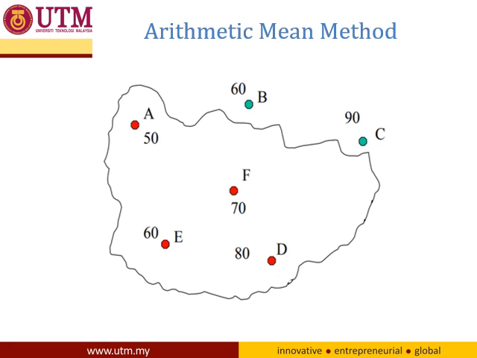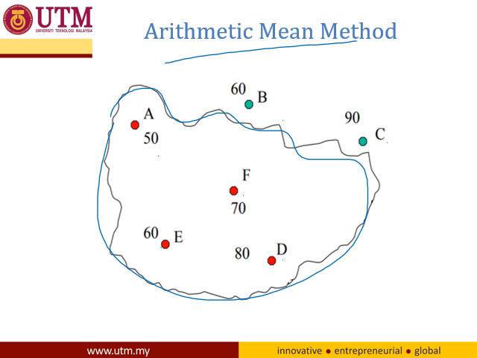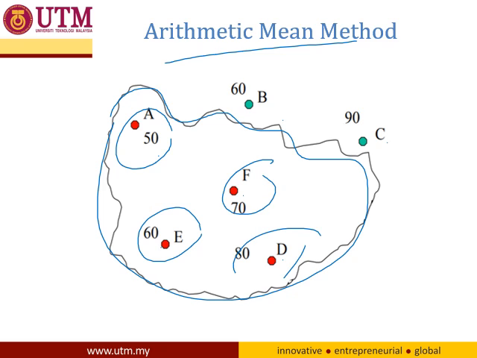Okay, for the arithmetic mean, this is the catchment, this border is the catchment. How many stations do we have? 1, 2, 3, 4, 5, 6. We have 6 stations. So for the arithmetic mean method, we just average this rainfall data. This data might be in millimeters per